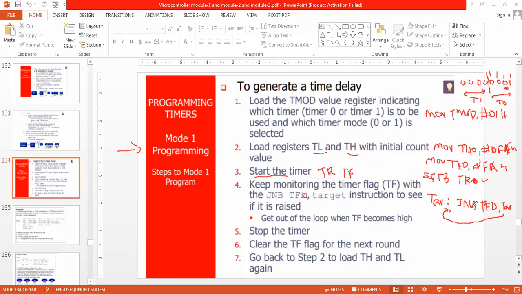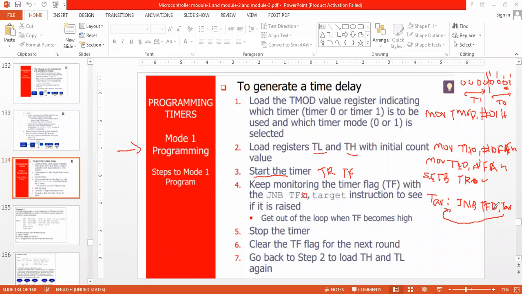JNB, jump if no bit. It means presently TF0 is equal to 0. So the jump will happen here only until TF0 is equal to 1. When will TF0 become 1? Whenever FAH reaches the maximum value, that is FF, and the new value will be 0000. TH0 will go 00, TL0 will go 00.